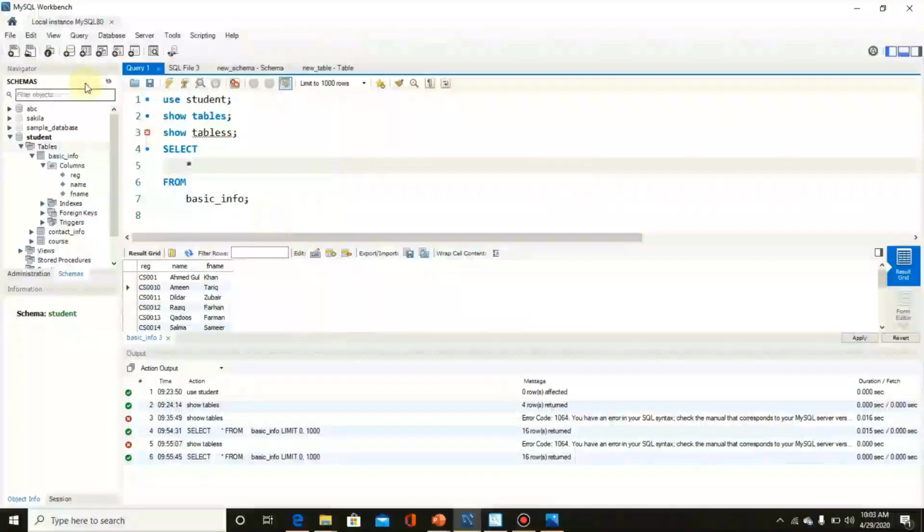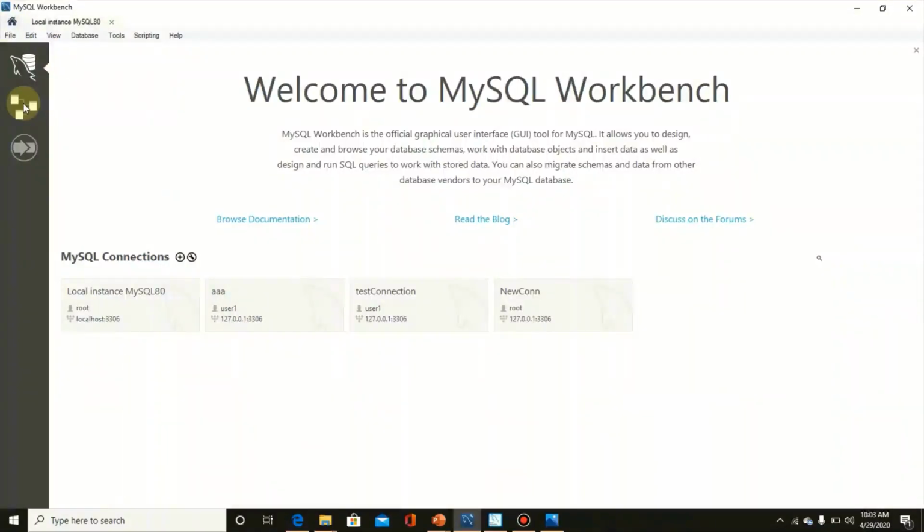Going back to the home tab, the data model lets you